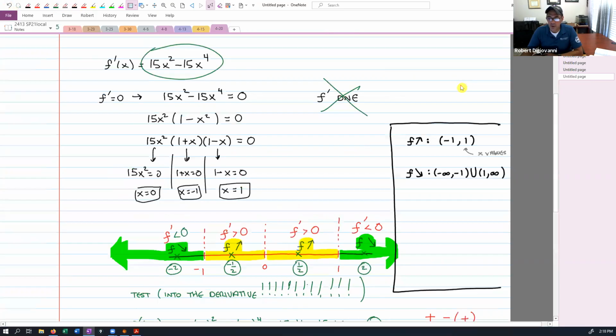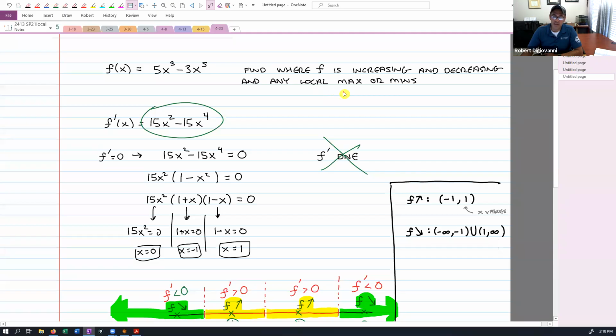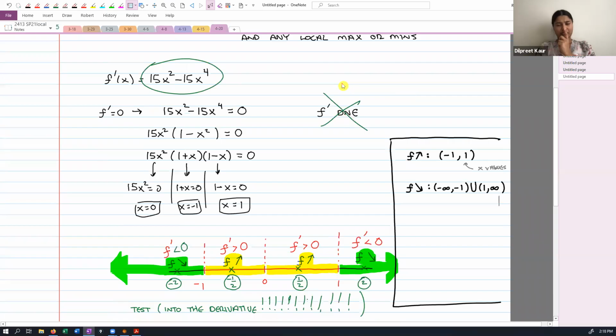So we have answered the first two questions, where the function is increasing and decreasing. Now I need to find any local maximums or minimums. Could these numbers switch? Like if we write down -1 comma negative infinity instead of... No, it has to be from left to right, the way you'd read a book. Like your number line, negative infinity is to the left. So you go negative infinity to -1 and then union 1 to infinity. Okay. Thank you, sir.